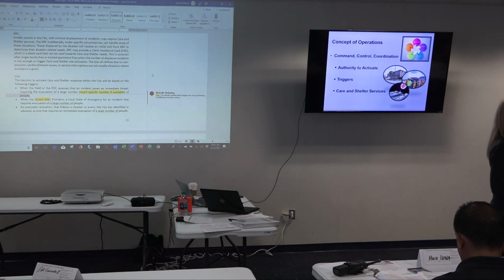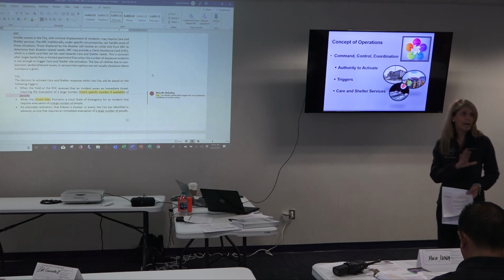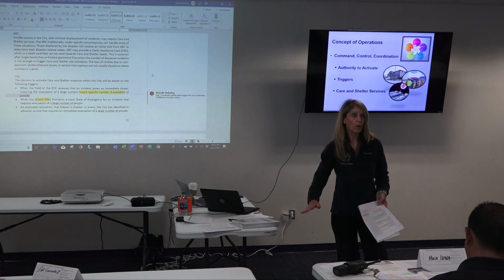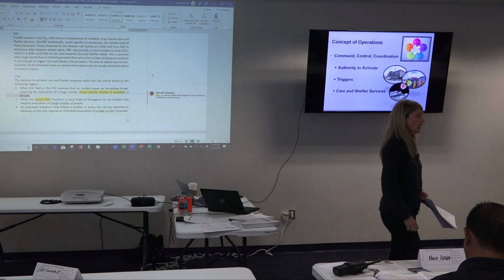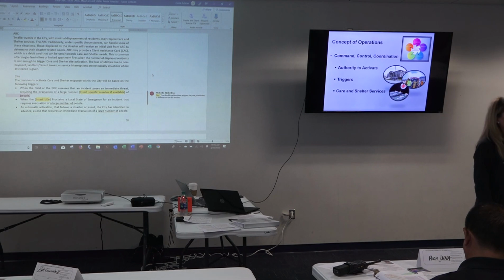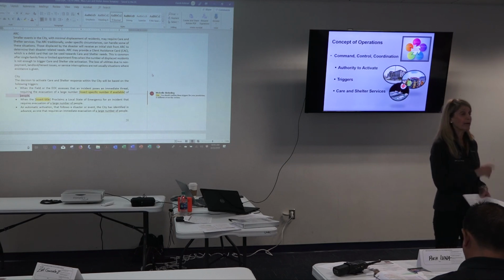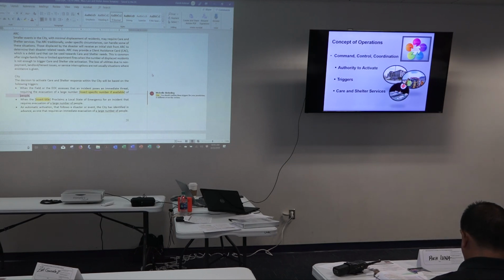A good example is in the city of Los Angeles, when we have a significant rain event, we had a lot of them last year. The valley gets massive flooding. It's horrible. It gets up to like a foot of water on the local streets. And a lot of times we have potential problems with mudslide areas that have had fires move through. So if we have significant rain coming in, we have certain communities that are at risk during heavy rain. So what we'll do is activate shelters in advance of the rain event in anticipation,